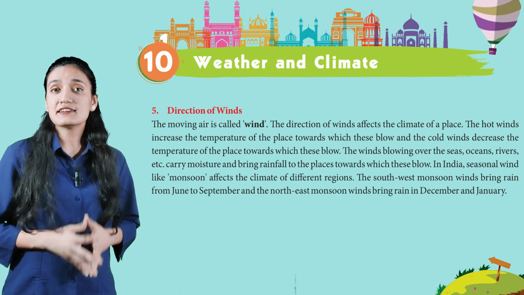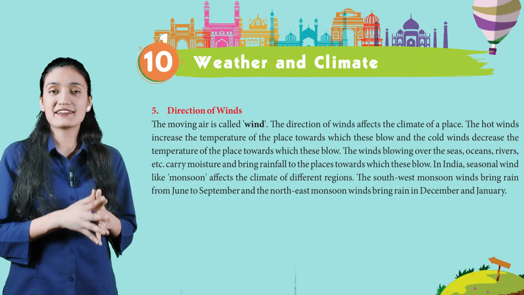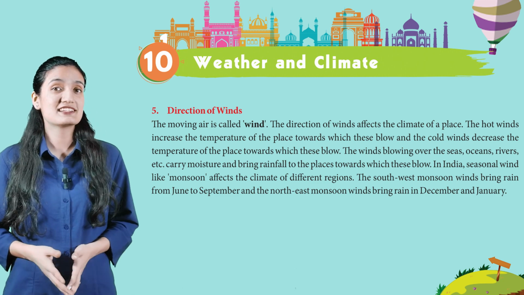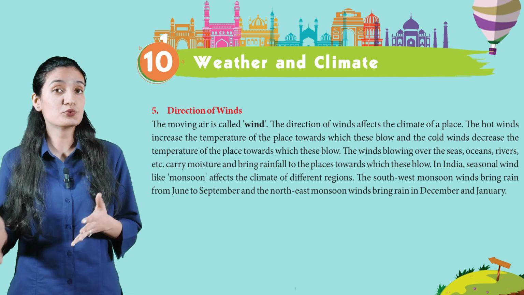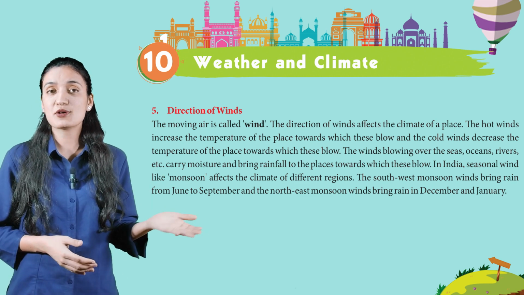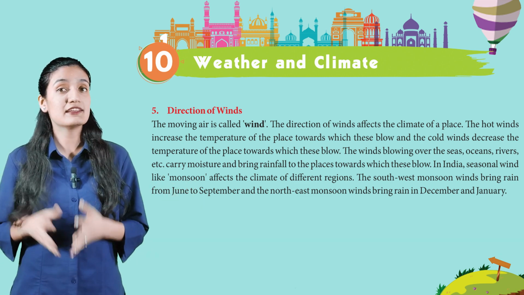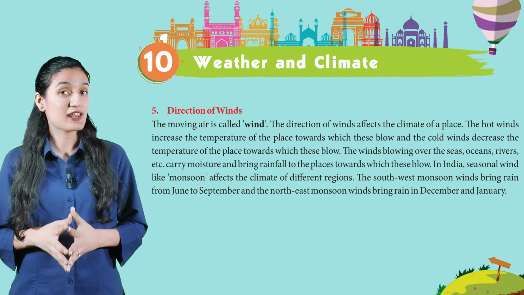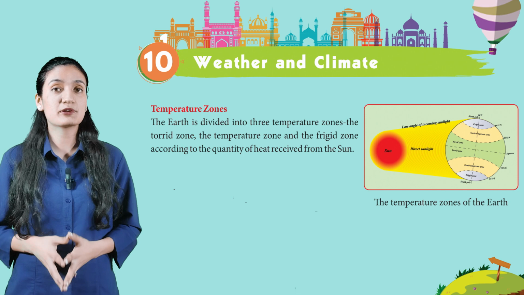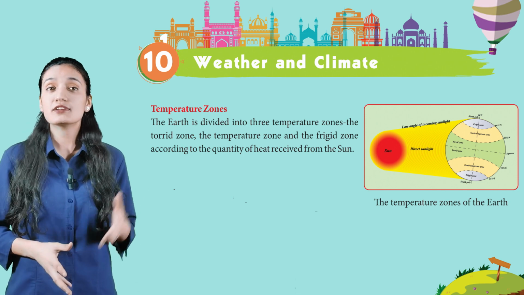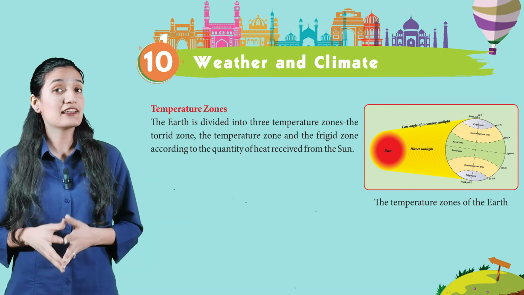In India, seasonal wind like monsoon affects the climate of different regions. The southwest monsoon winds bring rain from June to September, and the northeast monsoon winds bring rain in December and January. Now, temperature zones. The earth is divided into three temperature zones: the torrid zone, the temperate zone, and the frigid zone,